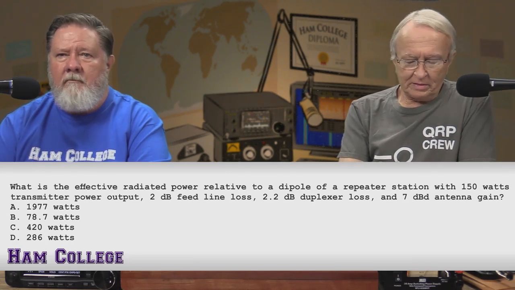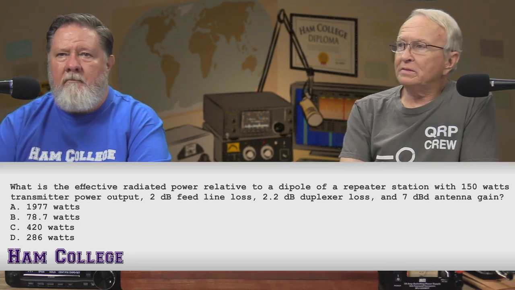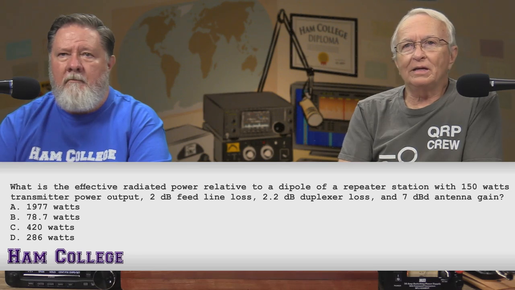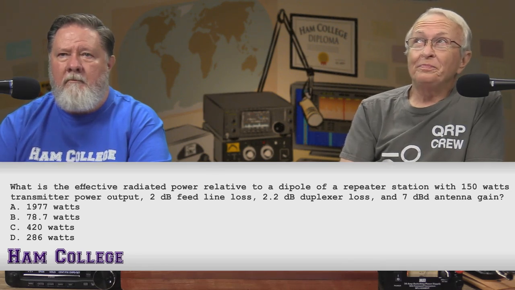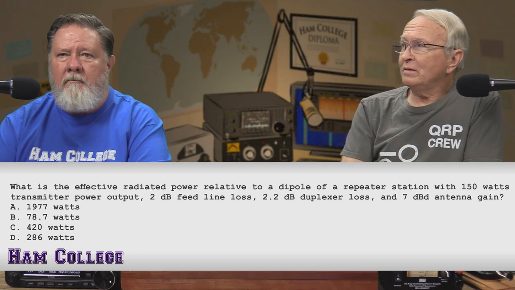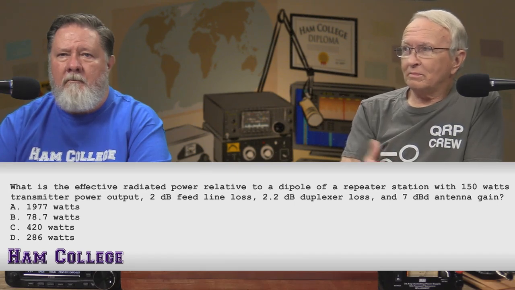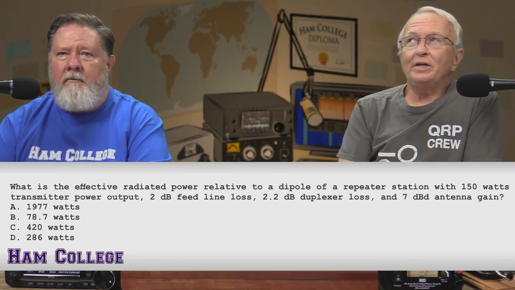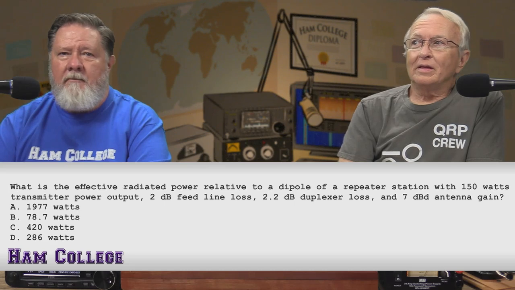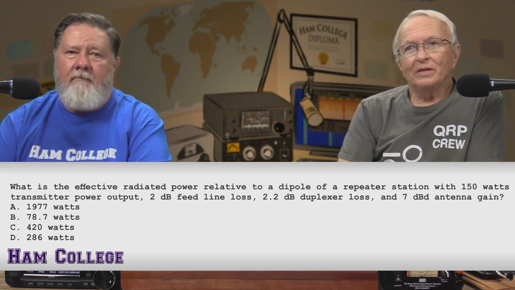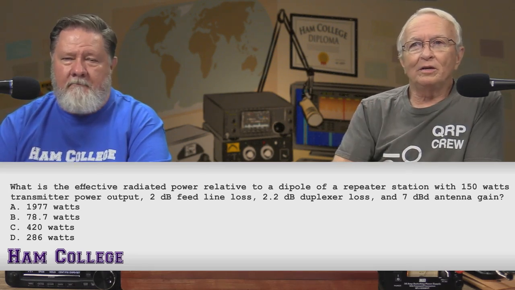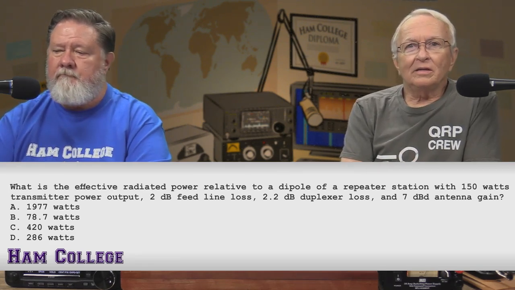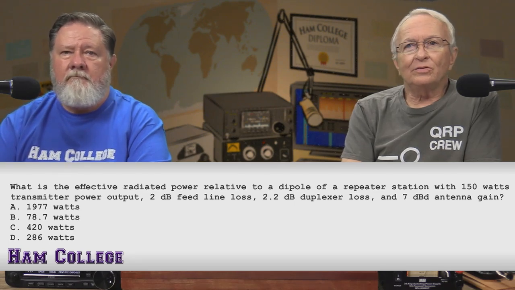That's going to give us 2.8 dB gain. We know we got 150 watts, and we got a little gain, 2.8 dB. That's almost 3 dB of gain. Would you concur? Mm-hmm. And 3 dB of gain is doubling your power. So that would be D. We know it's going to be a little more than 300 watts then. The closest answer we've got there